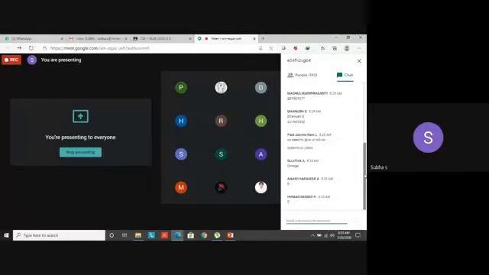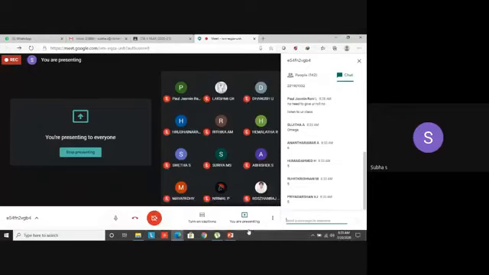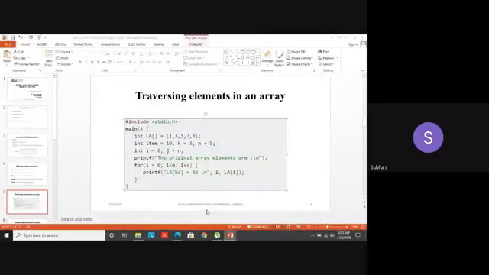How 6, Anantaraman? 5 only. Yes, Humaid Ahmad, Ruhit Krishnan, Priyadarshini. Good, 5 only because I want to print all these 5 elements. For i equal to 0, i less than n: 0, 1, 2, 3, 4. Then 5 less than 5 becomes false, so the loop won't execute. He told 6, meaning till that 6th condition the for loop gets executed. So what is the time complexity here? Big O of n. That is what I needed, the number of steps needed.